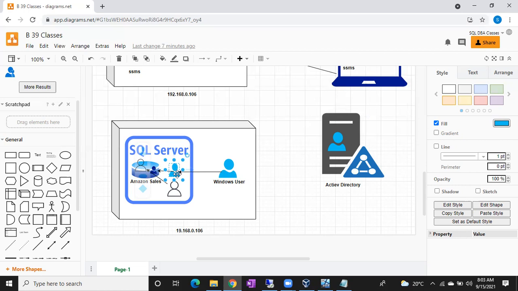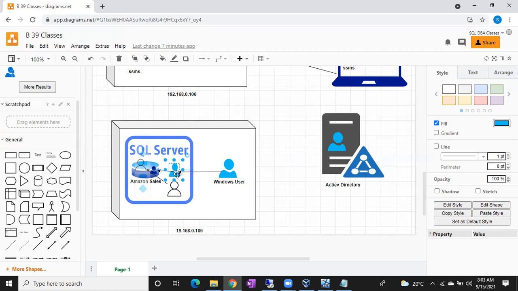So overall, at SQL Server level, there are 32,767 databases. For one database, one Srinath means you can create 32,767 Srinaths. So for one login, the maximum users are 32,767. Remember, for one login, the maximum users are 32,767.